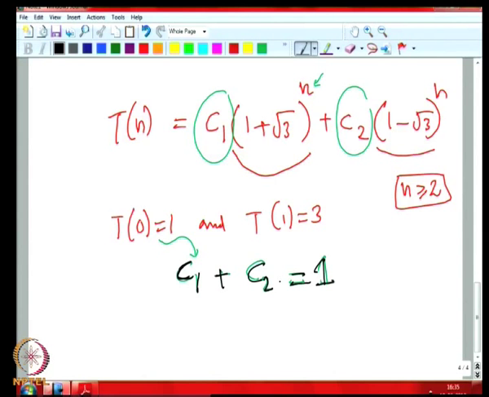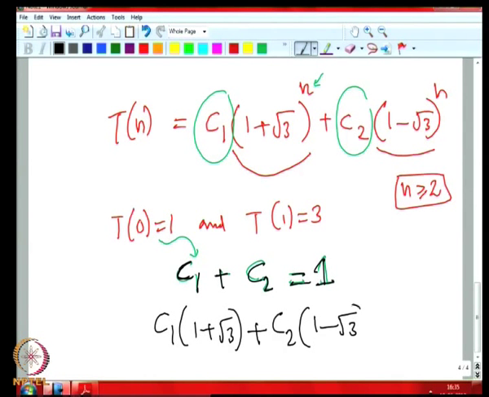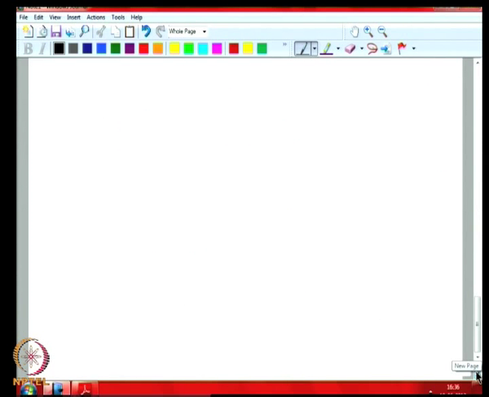Now, when I put n equal to 1, I get C1 into 1 plus root 3 plus C2 into 1 minus root 3 equal to 3. So now we have to solve for this, as we have elaborately explained in the last class. This will always have a solution, because we had distinct roots here, 1 plus root 3 and 1 minus root 3. We just have to solve this, and we know how to solve it. So, the answers will be